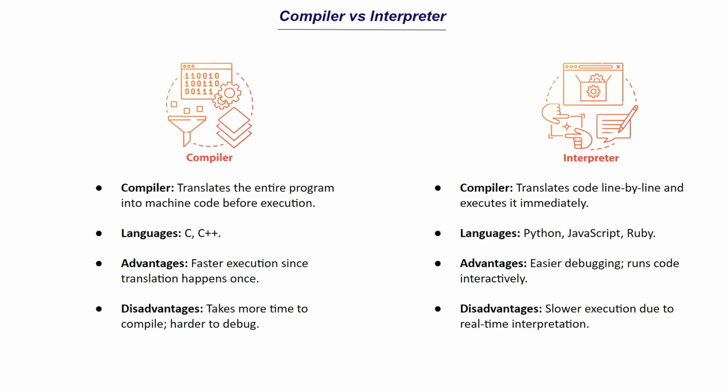So let's say you have 10 lines of code written and there is an error in the sixth line. It's going to execute the first 5 lines and stop at the sixth line. And you have amazing debugging capabilities in several IDEs like PyCharm and other tools, so it's going to be easier for you to debug as well.